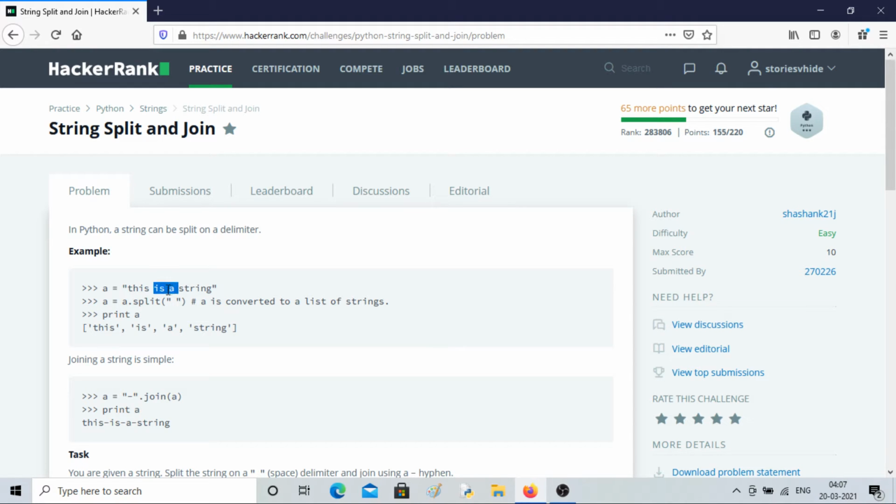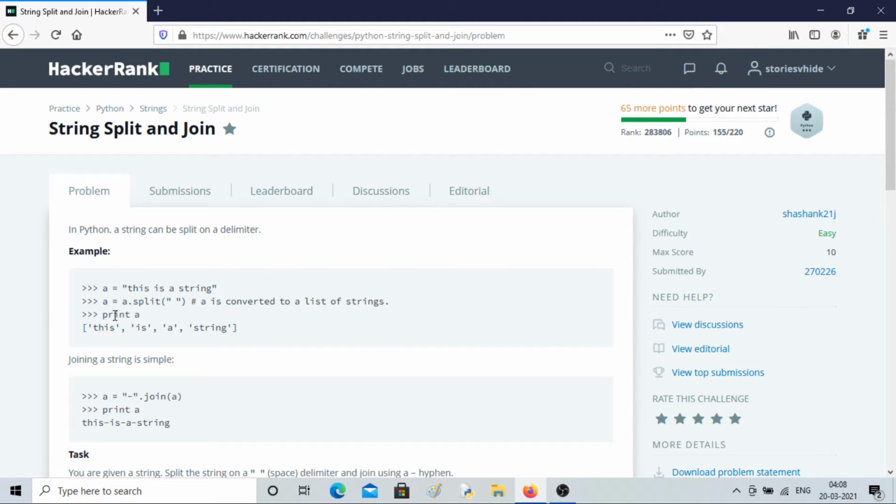Here also there is a space, and here also. So it will split the string wherever there is a space, and you can see these spaces are converted into commas, and the full string has become a list of strings, where each element is a string. It has been printed.